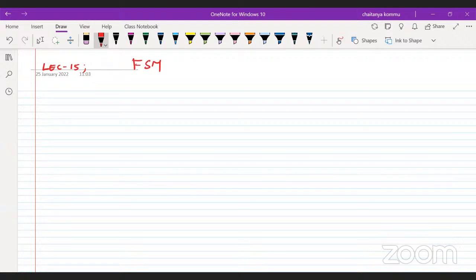Let us recapitulate what we have seen in the last class. The counters that we have introduced. The counters can be done in different ways: either an asynchronous counter or a synchronous counter. We can identify that by using the always statement. For example, if it is a synchronous counter,